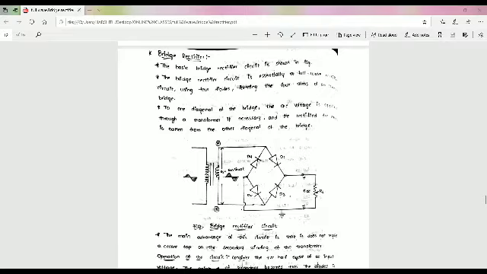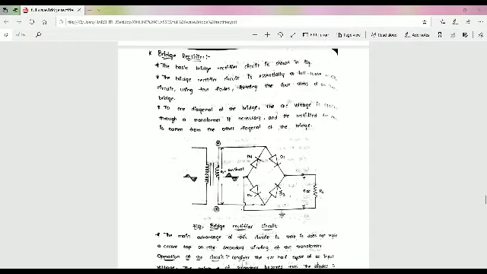The main advantage of this circuit is that it does not require a center tap on the secondary winding of the transformer. In the full wave rectifier we use a center tap secondary winding transformer. In this bridge circuit there is no center tap transformer. Hence, whenever possible, the AC voltage can be directly applied to the bridge. This is the bridge.